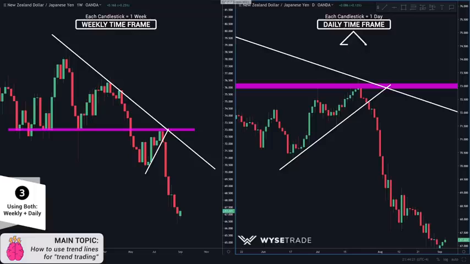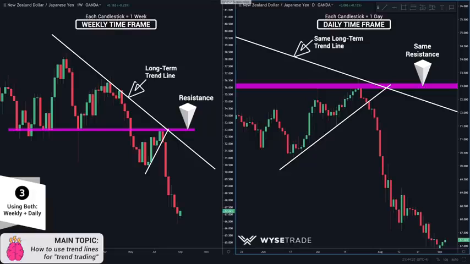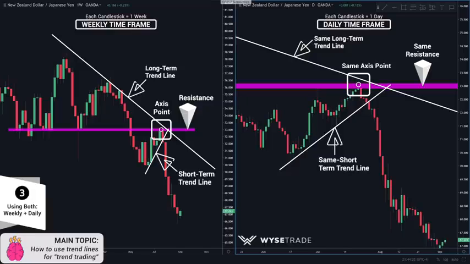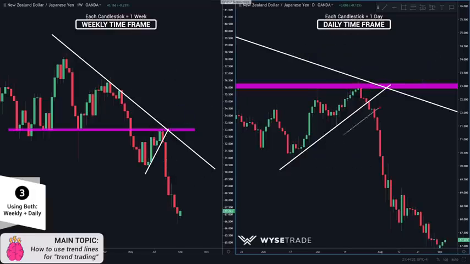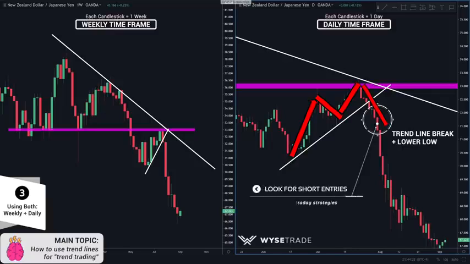Now, here in the daily time frame, this is your same trend line from the weekly, the same resistance level from the weekly, the same access point from the weekly, and the same uptrend and trend line from the weekly. So here is your moving uptrend, where you have a run, a pullback, a run, before you had your break of the trend line and a lower low, and you can start looking for trade entries short through a breakout